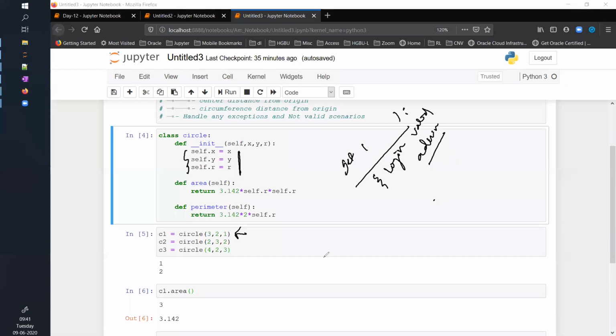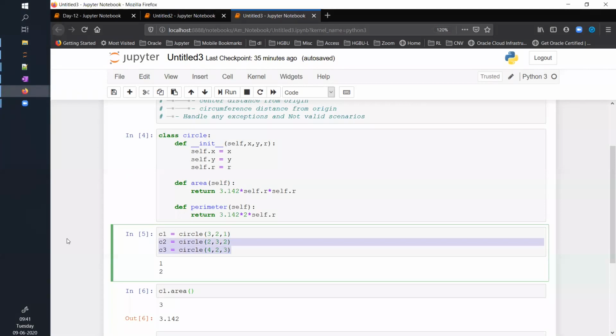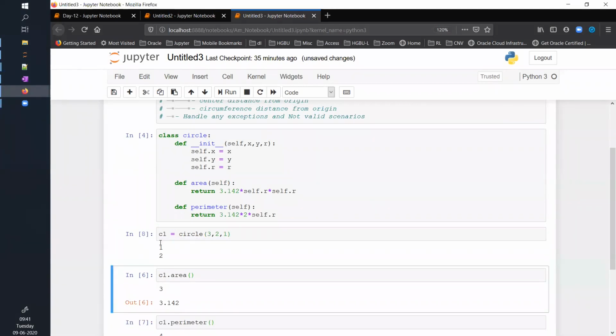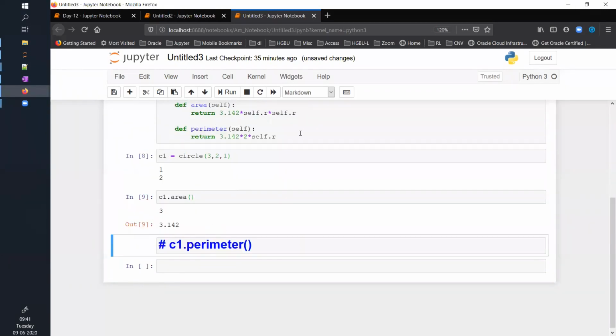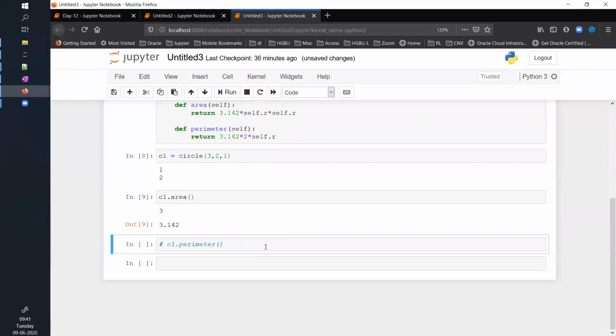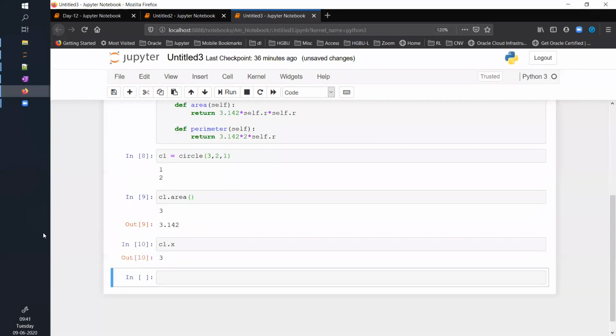See, I created this circle C1, C1 dot area. Now I can say C1 dot x equals 3.